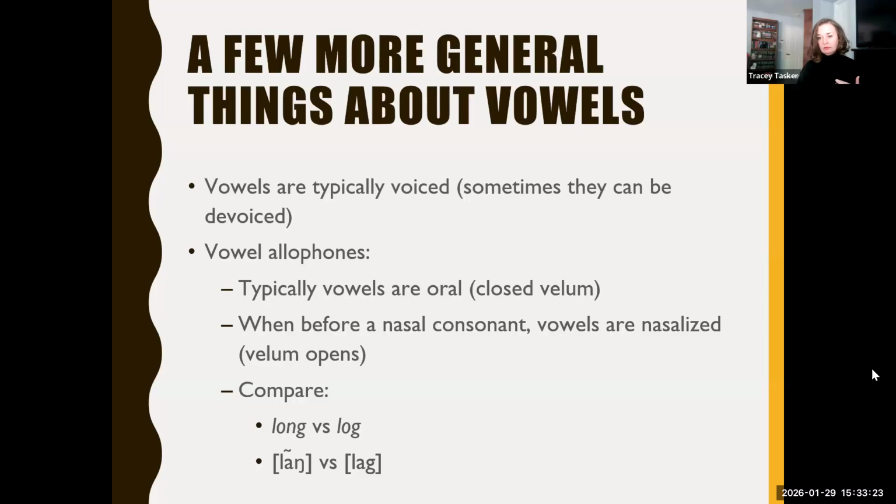So vowels will be what we call nasalized when they're produced next to a nasal consonant. And that's because when we make sounds, we're actually putting articulators into the position for other sounds that are in a word. So for example, if I say